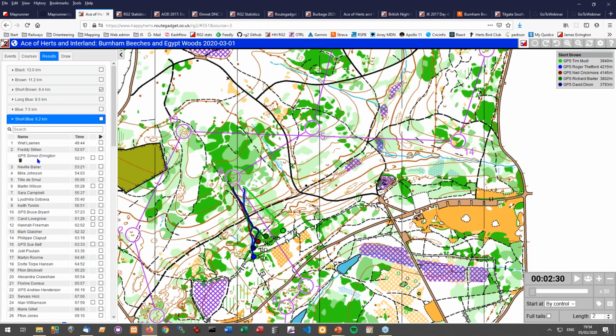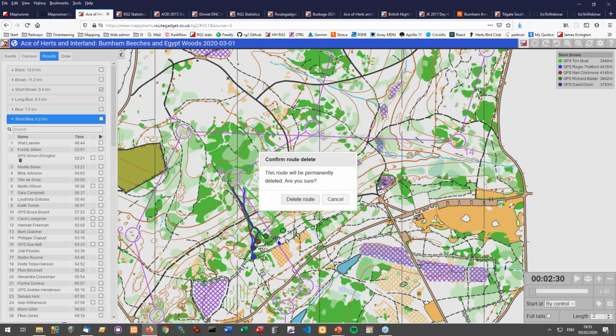If you look here on the left where I've uploaded my GPS route, there's a little dustbin, and I had a wonderful email from someone who said, I'm really upset that Routegadget comments on my abilities, because every time I draw my route, it puts a dustbin against it, and it doesn't do it for other people. What this dustbin means is you can click on it and it will allow you to delete the route. But the way it's set up, you can only delete the route on the PC that you used to draw it. It just stops random people deleting your routes for you.